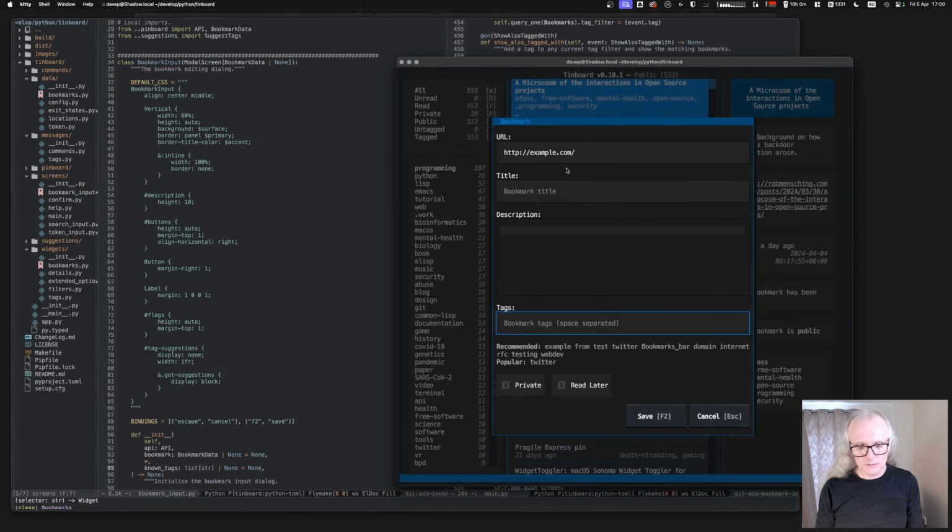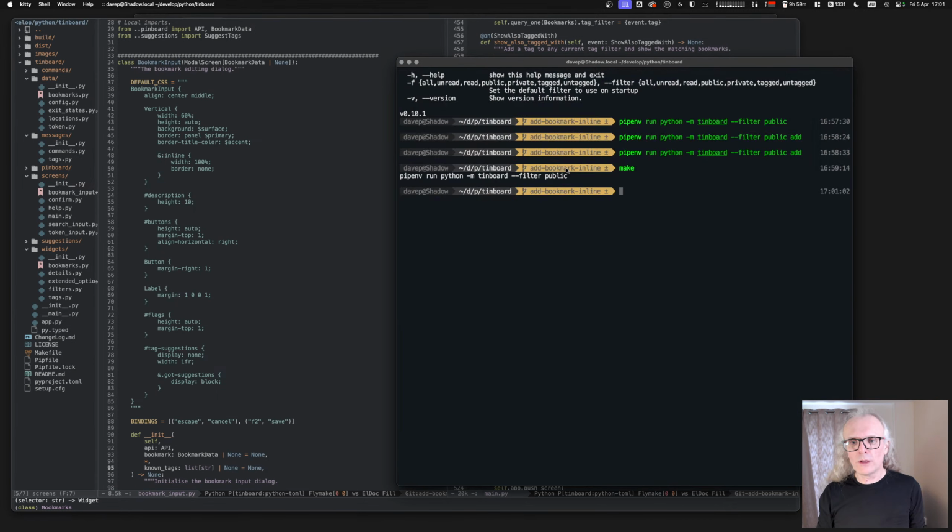So I've got bioinformatics in there, for example. It will complete bioinformatics because that's one of my tags. But I have to have loaded all of the bookmarks to know what the set of my tags is,